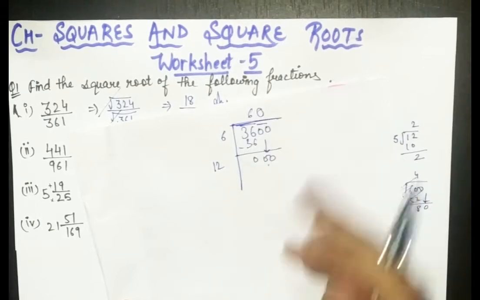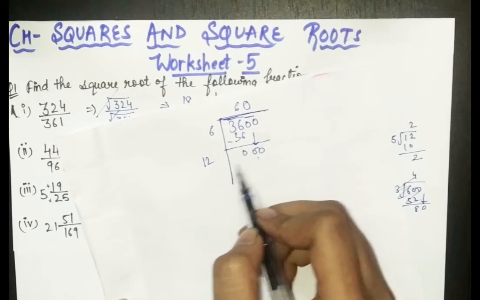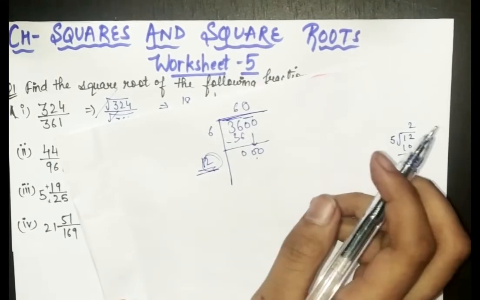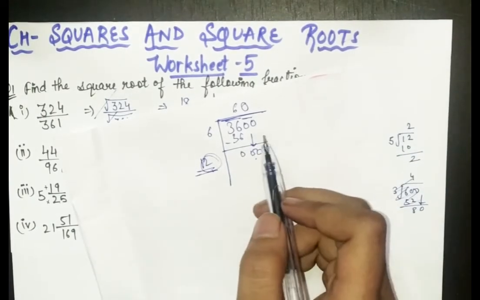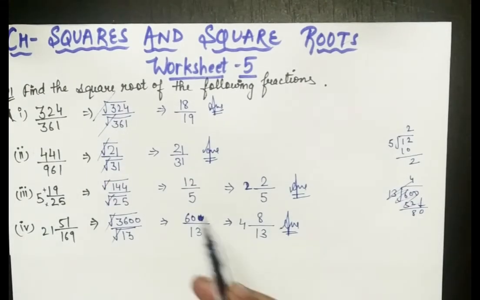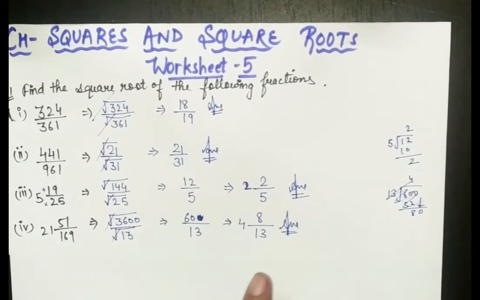Okay, that's why the answer is this, because 0 0 0 0 is here in the remainder, and in the 12th table there is no 0 0 0 at all, so you can simply take 1 0 like we used to do in division also. So that's why 60 here and 4 13 8. How 4 13 8? 13 fours are 52, and 52 plus 8 is 60. So 60 upon 13 is the answer. I hope you understood this first question.